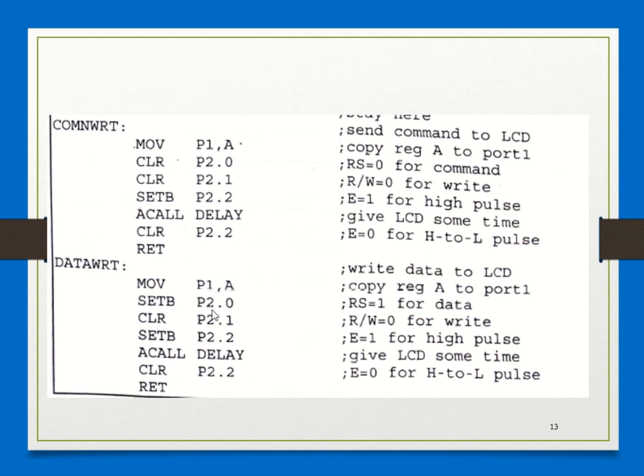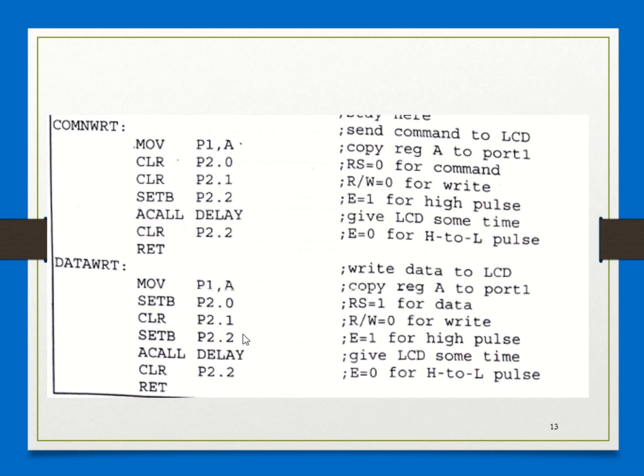Which means that you are selecting the data register because you want to display this ASCII character N. Then clearing P2.1, that is the R/W pin, so you are writing onto the LCD, right? Then you are setting and clearing the enable again, which is nothing but again saying to the LCD that the data is available, which has to be displayed.